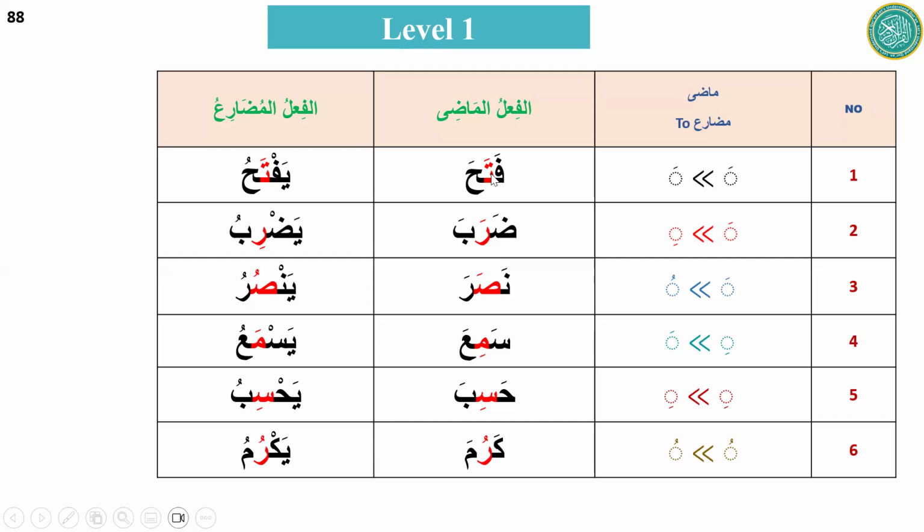Okay, this we have already done. The second letter ta has fatha. This is the same. Just try to find ta in the mudare. The second letter is ta, and here it is ta, and there is fatha. We will not understand until we see another pattern.